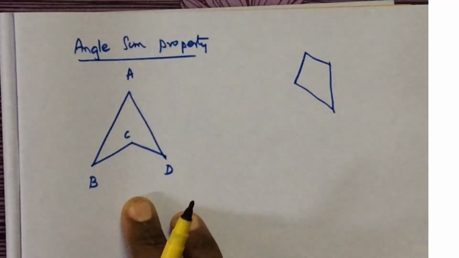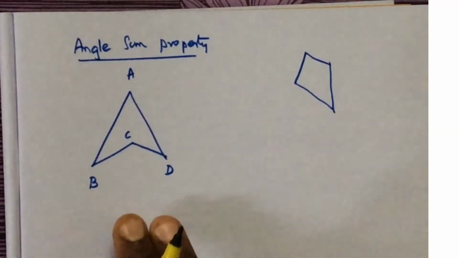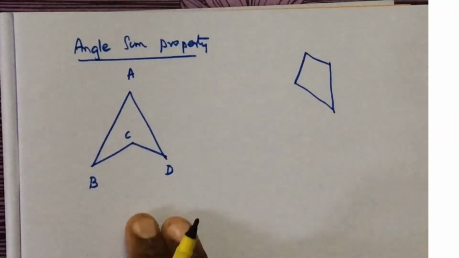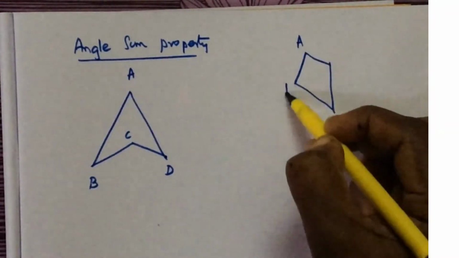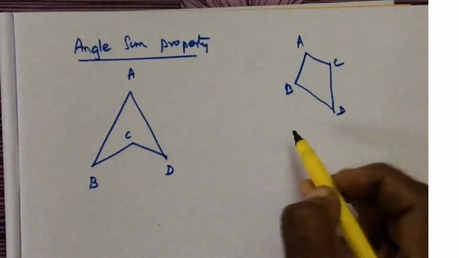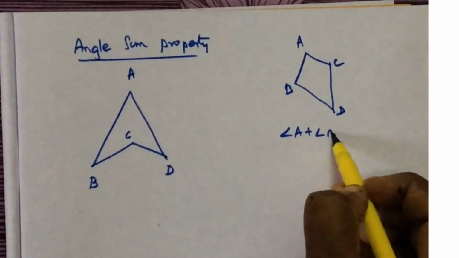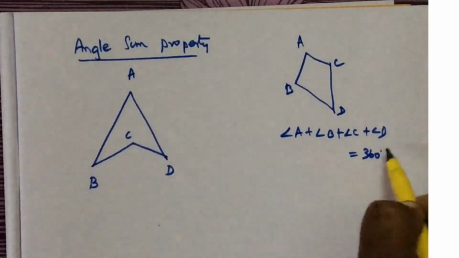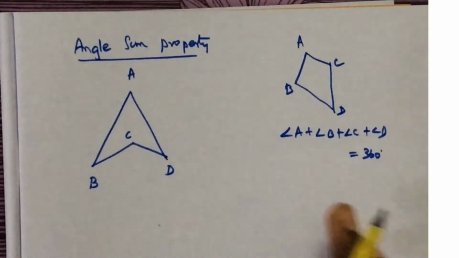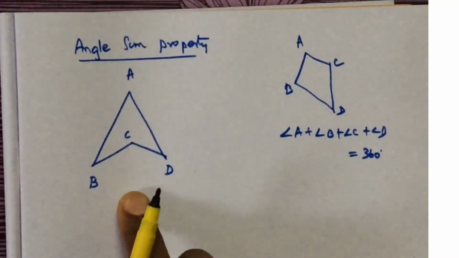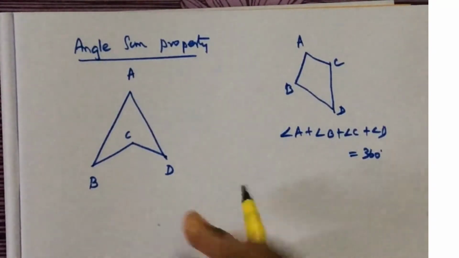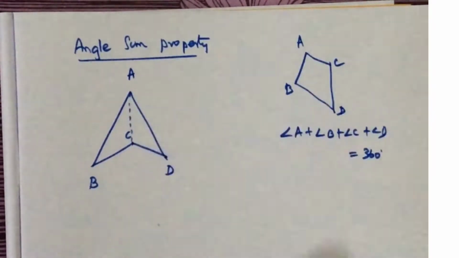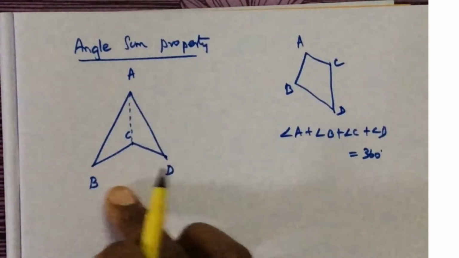Now the question is, we just studied that if you add all the angles in a quadrilateral, they should sum up to 360. Suppose it is A, B, C, D. We know that angle A plus angle B plus angle C plus angle D is 360. We just proved this. Whether the same thing holds here also, we are going to check. For that, I am going to split it here. Now there are 2 triangles here.